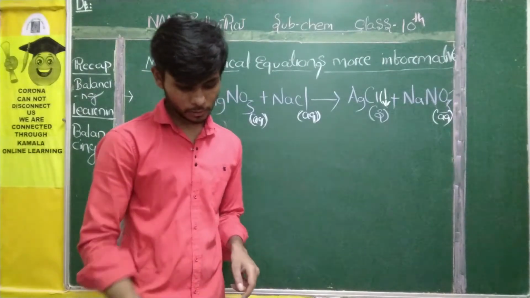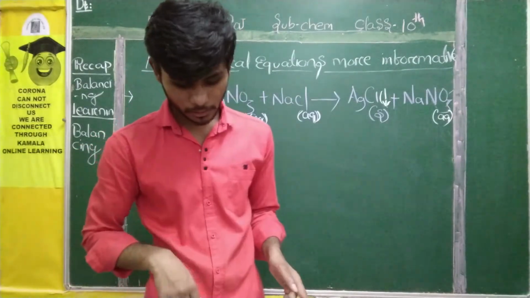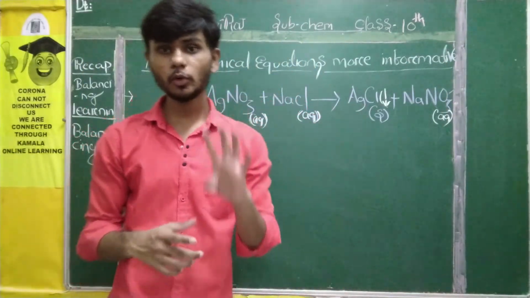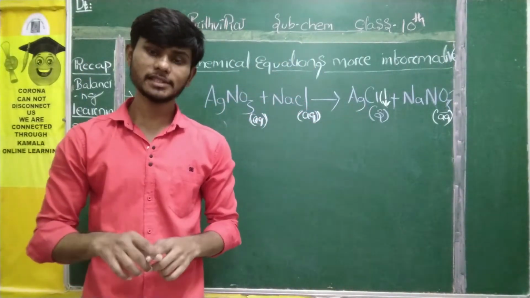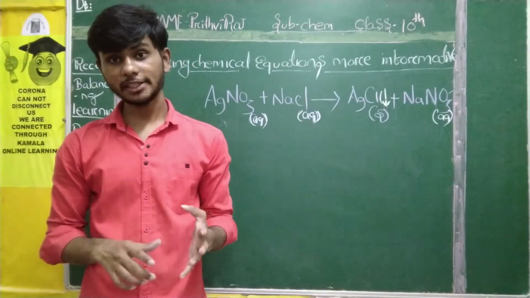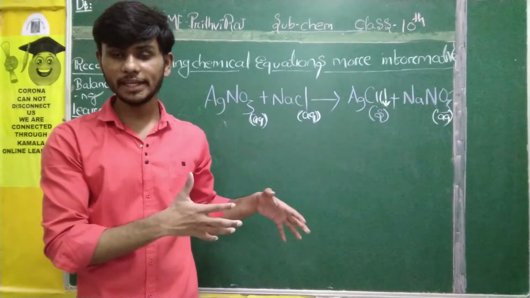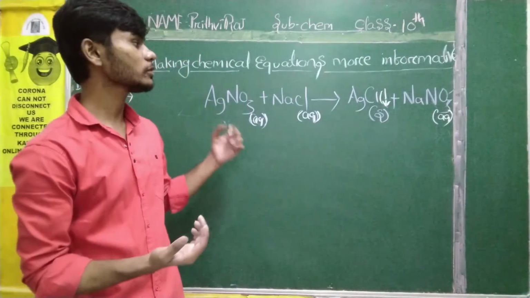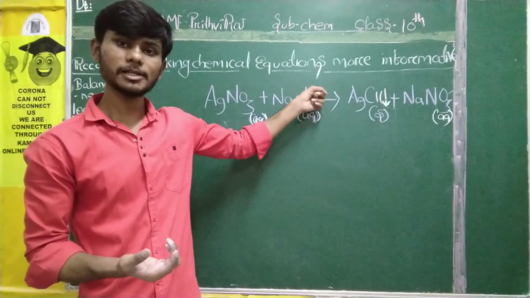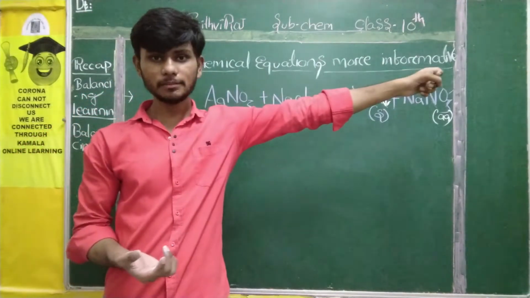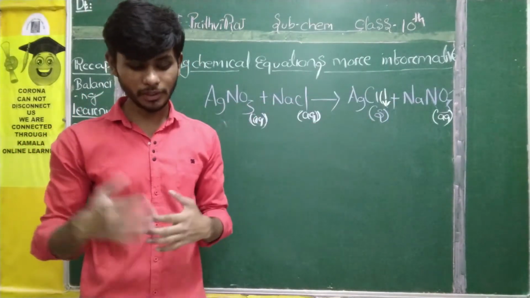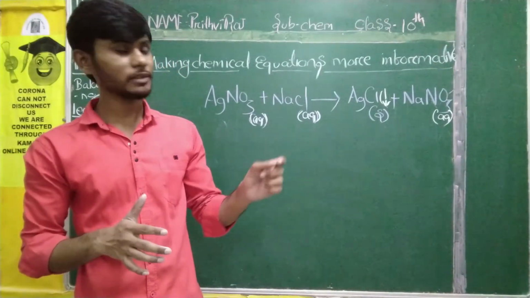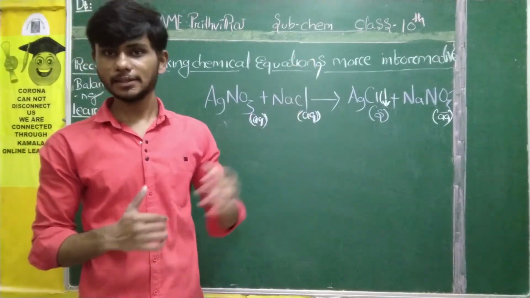So students, this is what we have learned. We have learned about four conditions here. First, we need to write the physical states of the compounds which are involved in the reaction. Second, we need to express any heat changes. If heat is used or if heat comes out, you will give the delta symbol. That one we have learned. And expressing the gas evolved. If any gas evolves, please mark it with what? Upward arrow mark. That one we have learned.